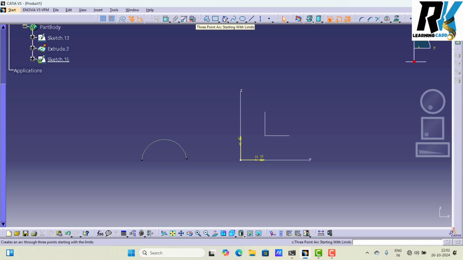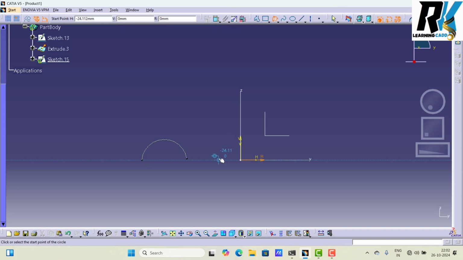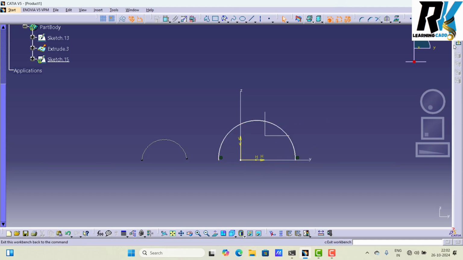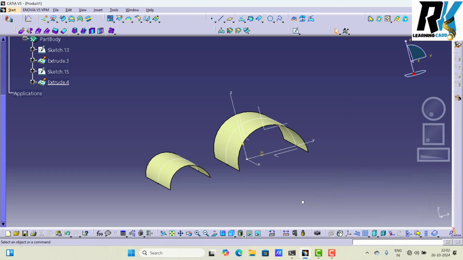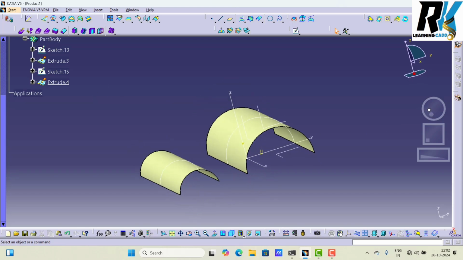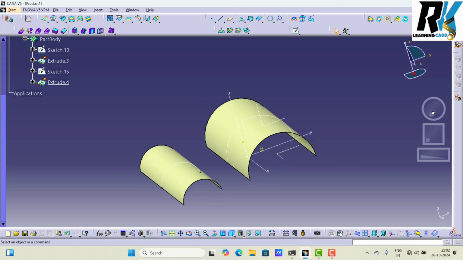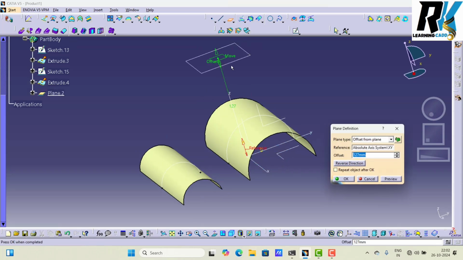Again I made here one curve. So this is the, and this is the, and this is the, and finish it. Again I use extrude surface. Okay, so we have two surface. One more thing, again we have to create one spine. So you select datum plane made, this one select datum plane, and this one plane selected.